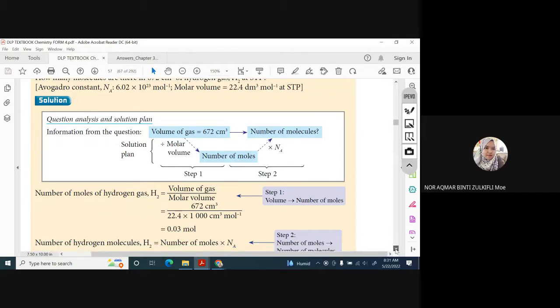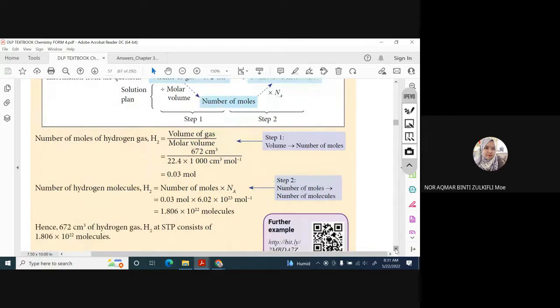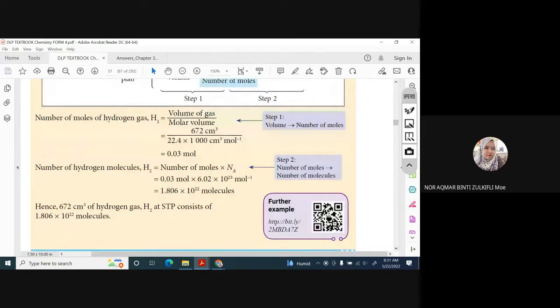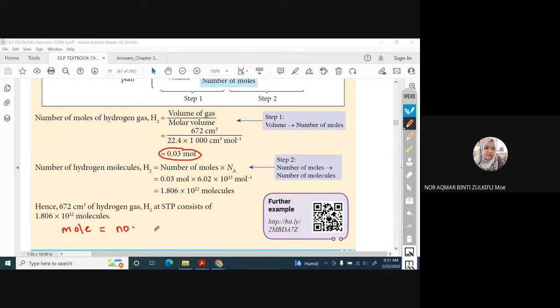Once you have the number of mole, again, this one already skipped also. So write down the formula first. Don't be lazy. Don't feel you don't want to write the formula. Otherwise you will get confused and make silly mistakes, careless mistakes. Okay, write first: mole, number of particle. In the exam later, cikgu wants you to show the steps. Every step gets marks.